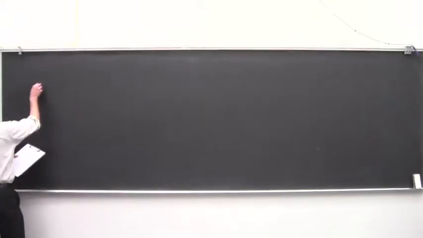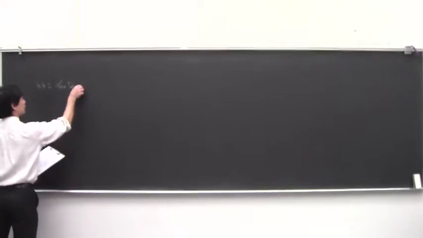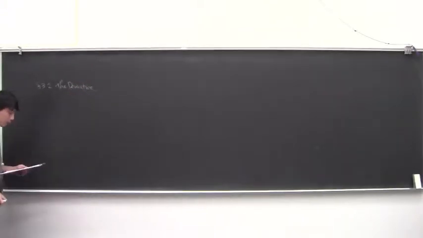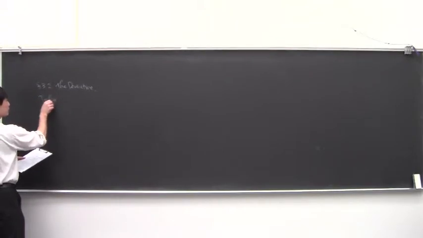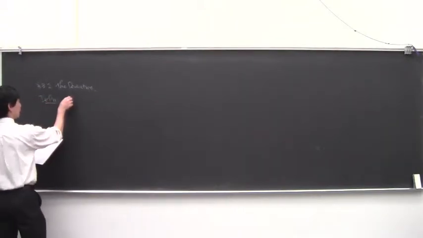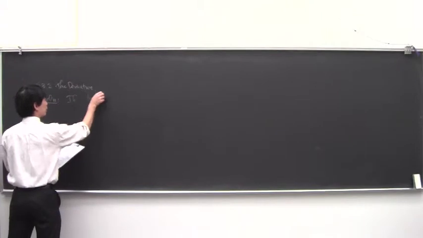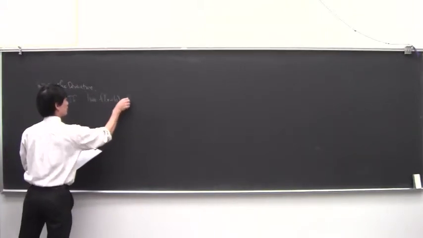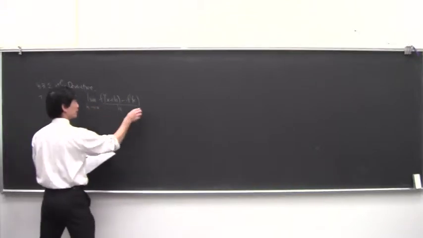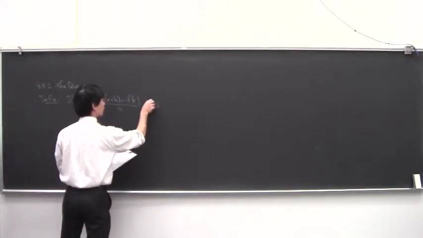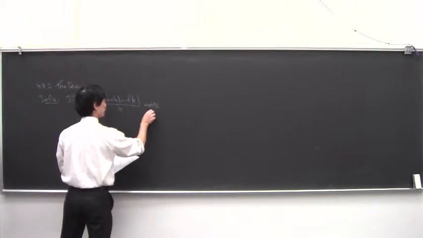So 3.2, we're talking about the derivative. What we said last time, and I'll make it more formal now: if the limit of f of x plus h minus f of x over h as h goes to 0 exists and is finite,